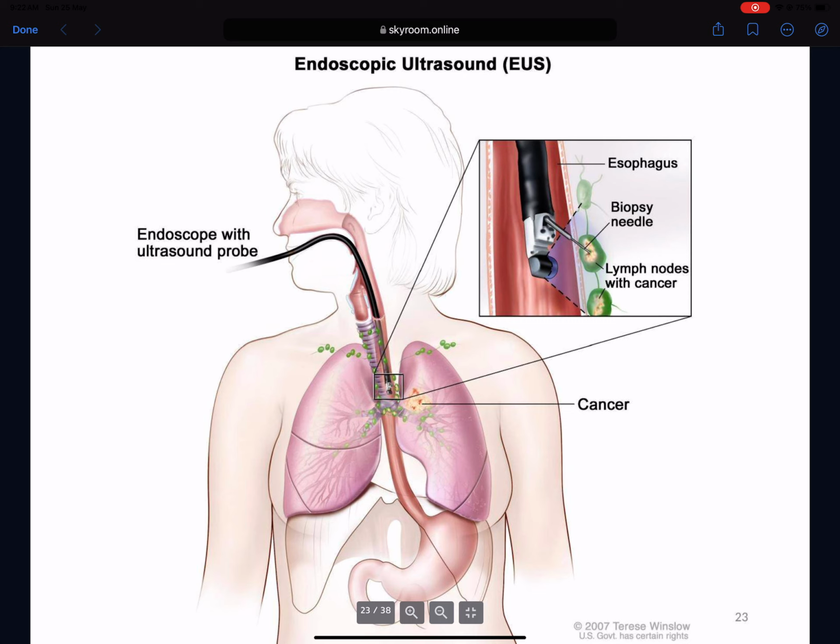But with a normal bronchoscopy, light cannot pass through and come out from the tissue, so you cannot evaluate the lymph node by normal bronchoscopy. With ultrasound bronchoscopy, you can evaluate the lymph node outside the lung or the bronchial system,